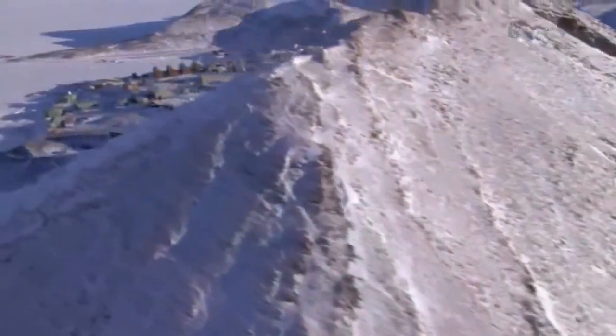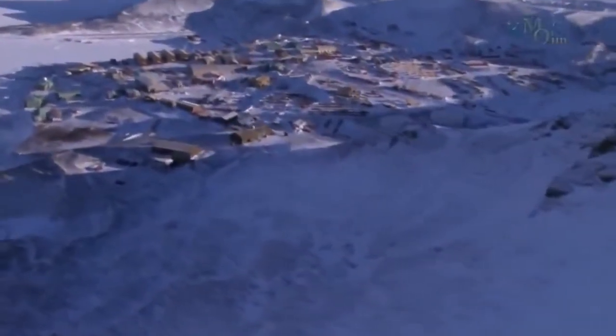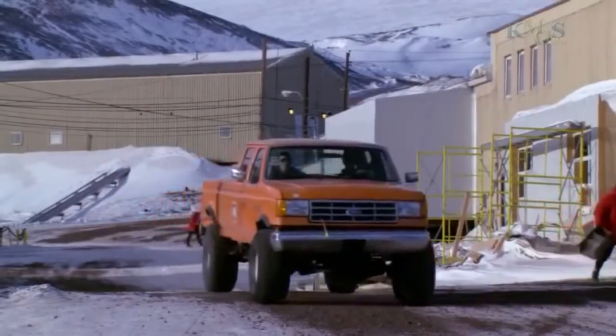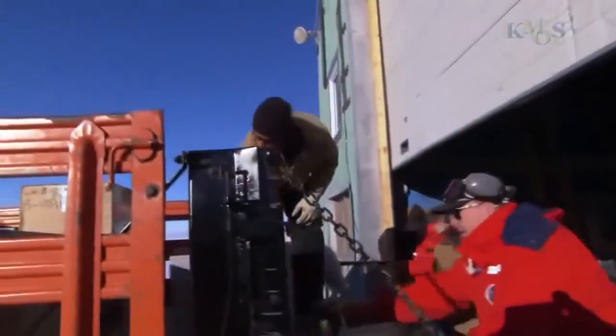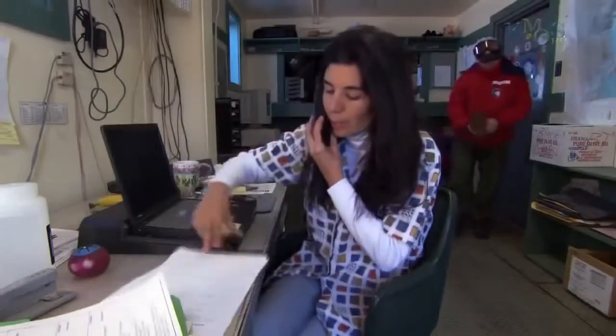So people call this place Mactown. It's a frontier outpost, a modern version of an old mining town. When the weather breaks, everyone scrambles to get out in the field. They're all chasing the most elusive kind of gold, knowledge. This year, the National Science Foundation will support